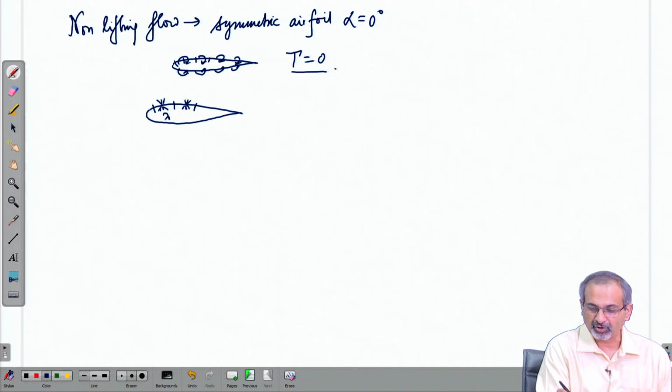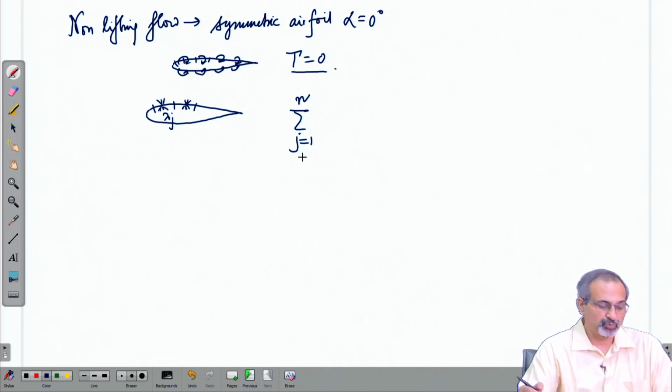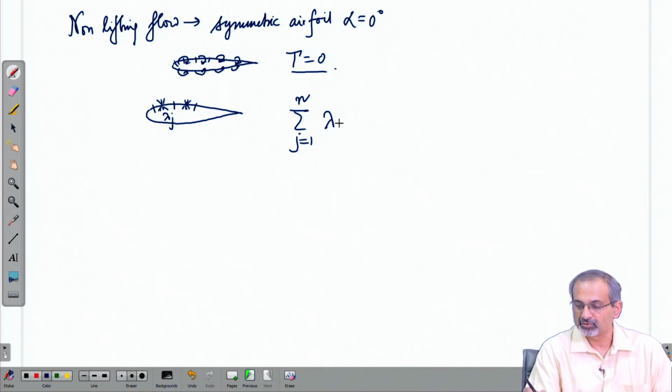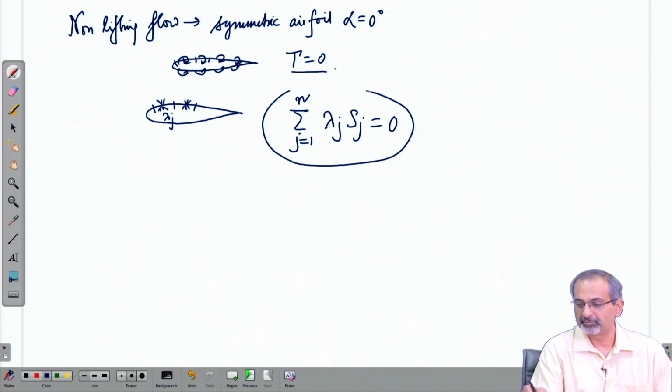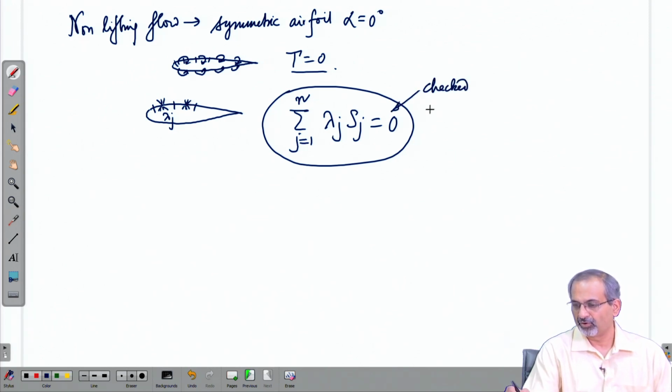So, let us say if you call the strengths as lambdas, then the sum over j equal to 1 to n of those sources and sinks should always sum up to 0. That means, the total mass outflux from the sources should be balanced with the total mass influx into the sinks. So, that is an additional constraint that needs to be checked for